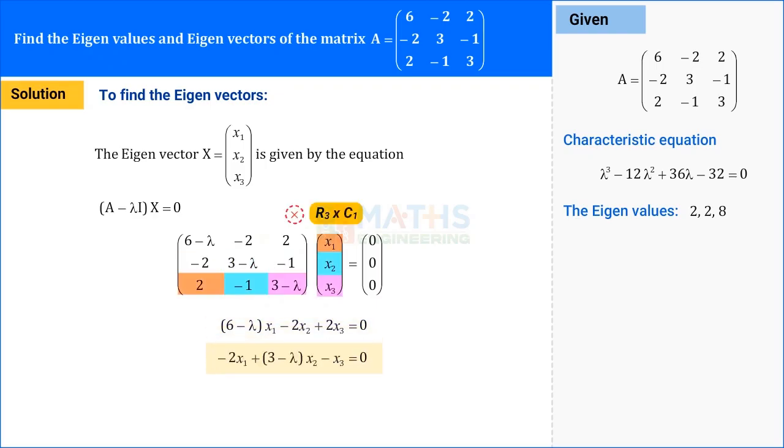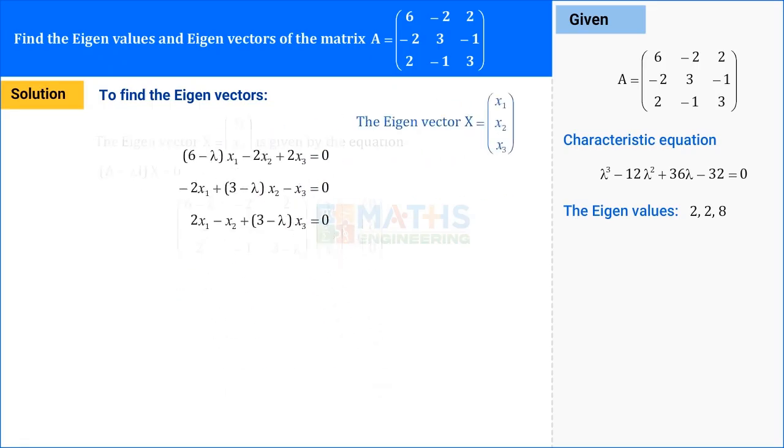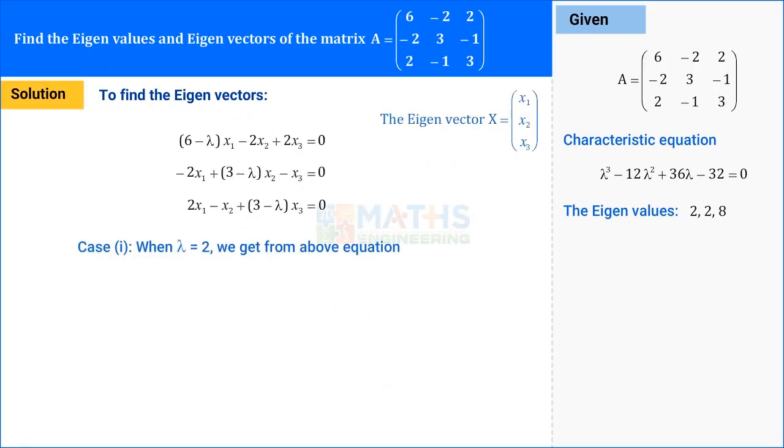Similarly, second row with the column, we get the second equation. Third row with the column, we get the third equation. Now we are going to replace lambda is equal to 2 in this equation to find the eigenvectors of lambda is equal to 2. Now we replace lambda as 2 in these three equations, we get